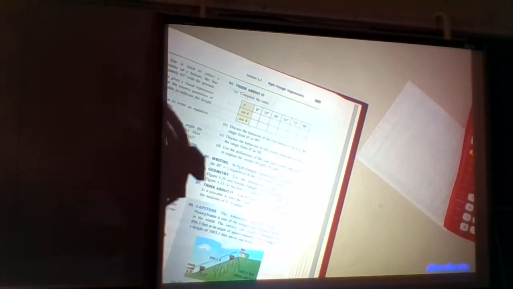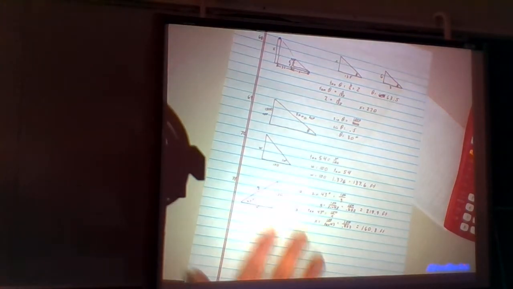Okay, the first problem that we are doing is problem number 68. And that was the one about the flagpole. You had a 6-foot tall person walking toward a flagpole or walking away from a flagpole, and you got two different pictures that you're drawing. So the first thing I did when I drew this,